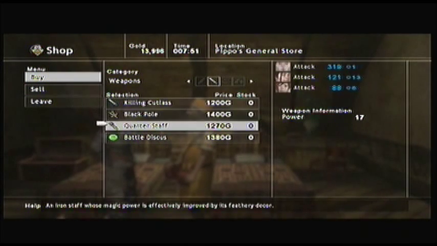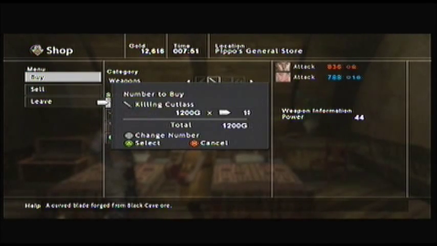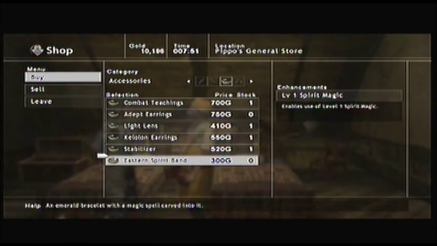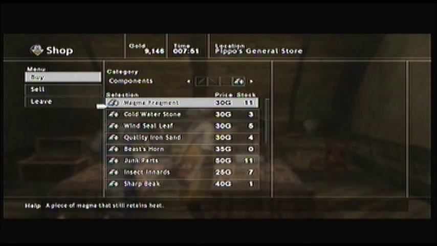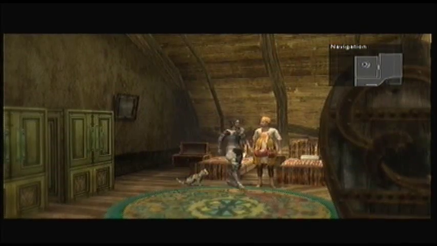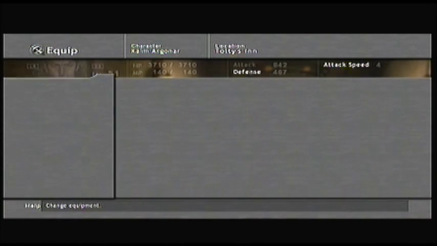We've got some new weapons. I strongly suggest picking up a battle discus for Mac. And then anything else that you want to pick up. A killing cutlass is also recommended. And then if you want to pick up some accessories, feel free. I just tend to buy them because I'm anal and I really want to make sure that I have every accessory. And he also sells components for making rings, so keep an eye out for him if you want to buy anything. You probably do want to stock up before heading to the next area, because the next area is...